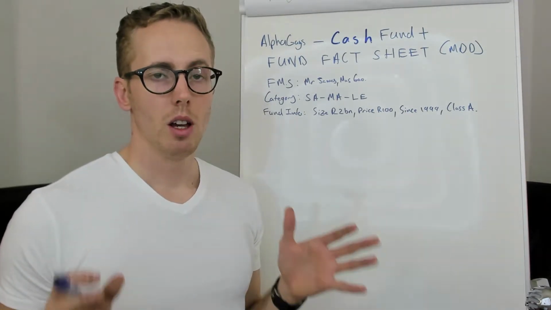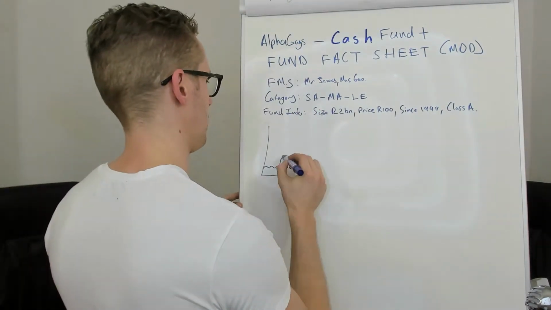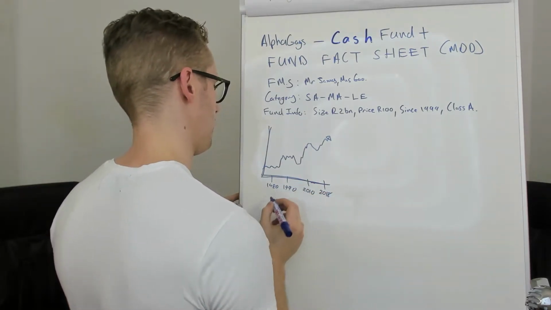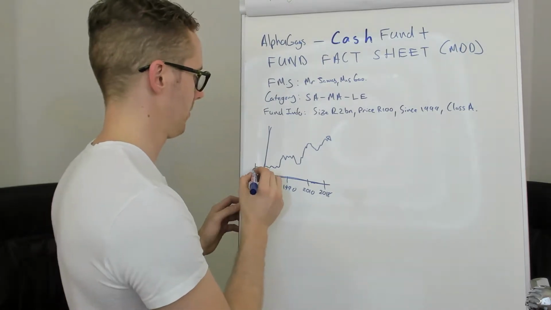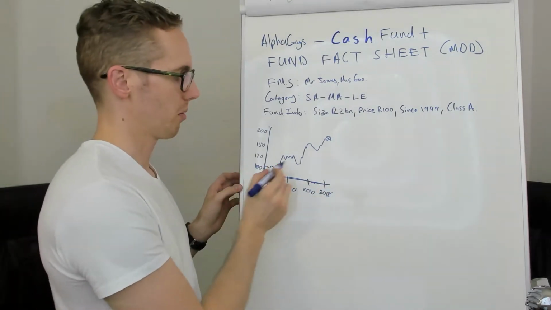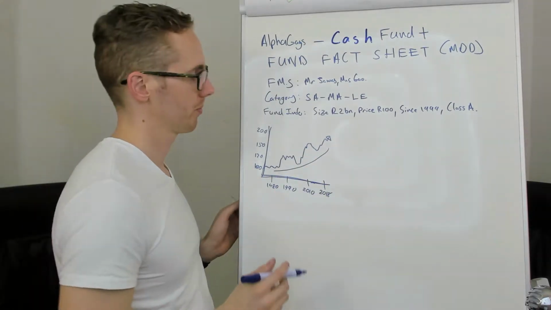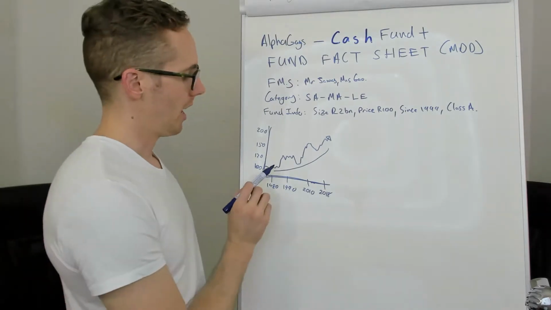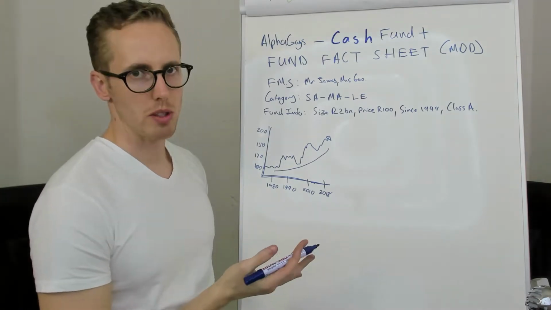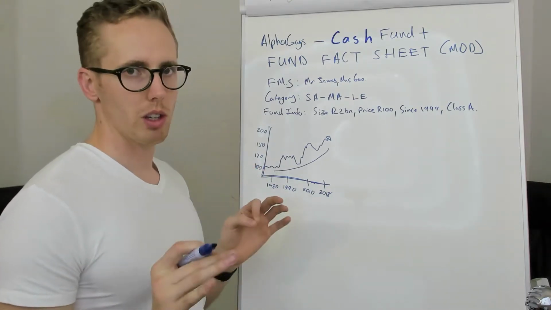Then very importantly, performance. How has the fund actually grown investors' money? The time and the performance. Over time, how has the fund performed? You can see this one's a little bit volatile, but over time it's actually done quite well. Generally, they use a benchmark to compare how this fund has performed against maybe inflation plus 2 or 3%. That's a nice visual way to have a look at how the fund's performed, but then they also give the numbers